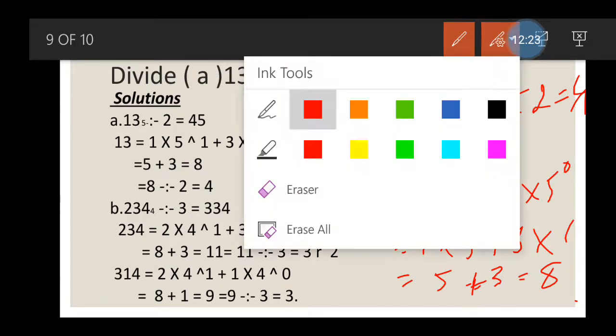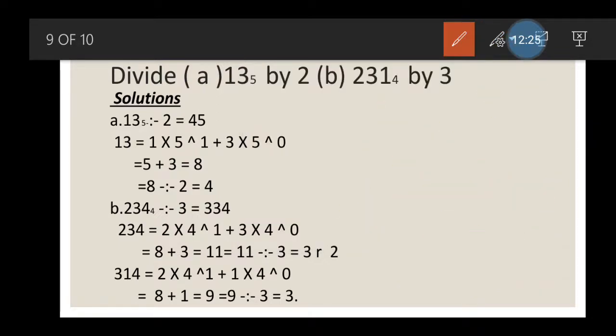Okay, listen carefully as I take the second one. The second one says 234 base 4 divided by 3. Now 3 cannot go into 2. You are taking the digit individually. Can 3 divide 2? No. Since 2 cannot be divided by 3, it